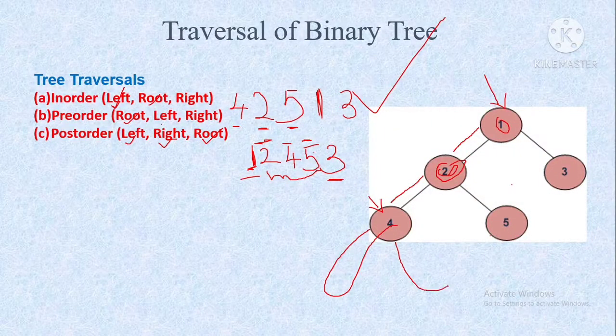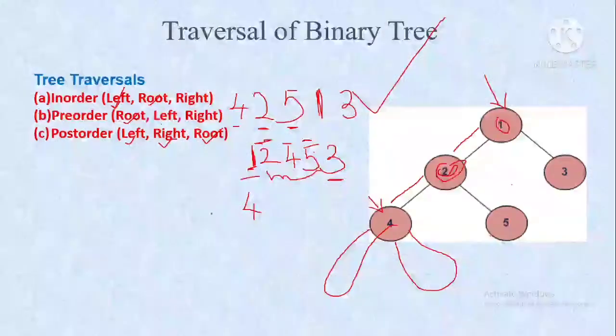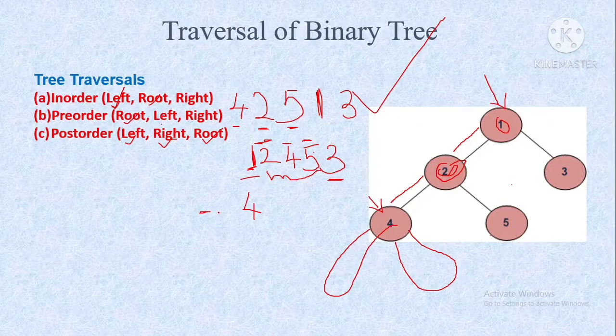Okay, for this node I have to find out whether I have a right node. It does not have one. So we'll consider we have visited the left subtree and then the right subtree. Now I can write this root. Since this node 4 does not have any left or right node, I am directly writing the root node. First left node, right, and then root.